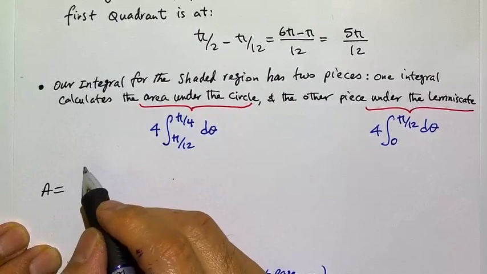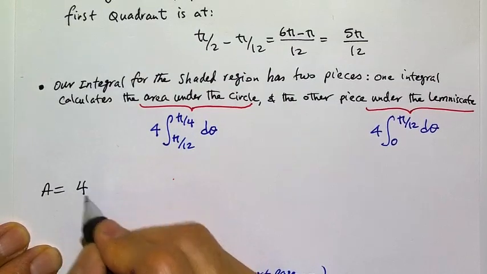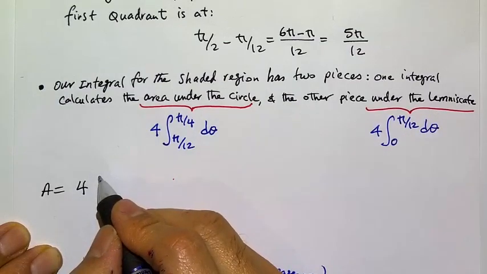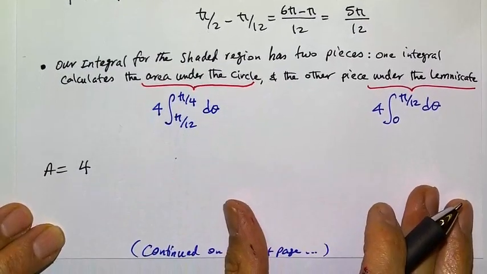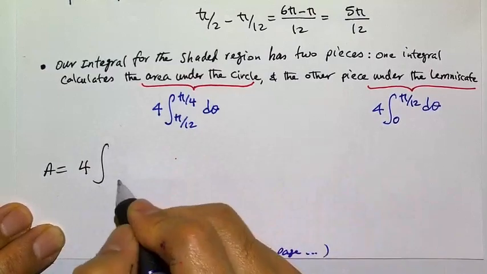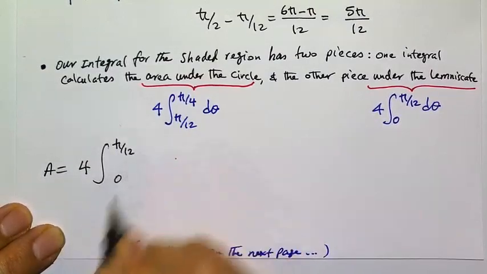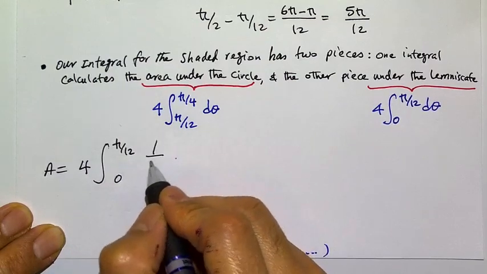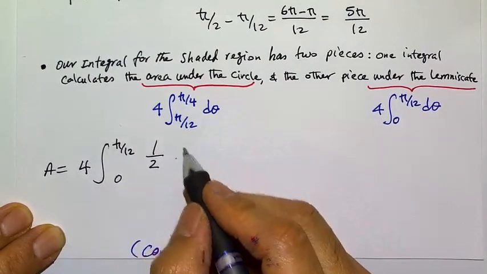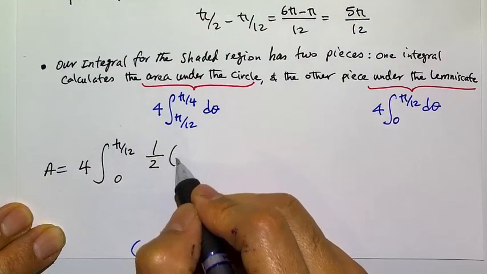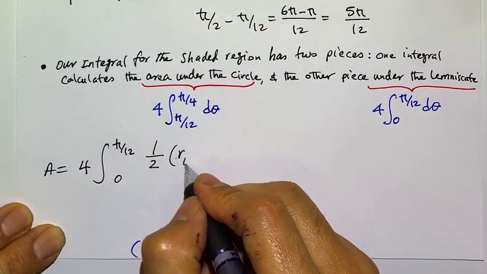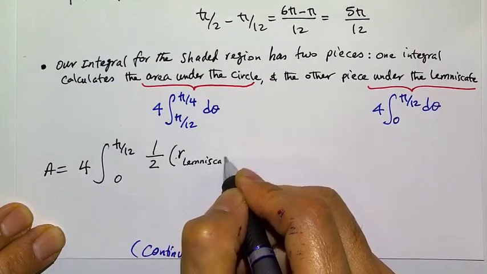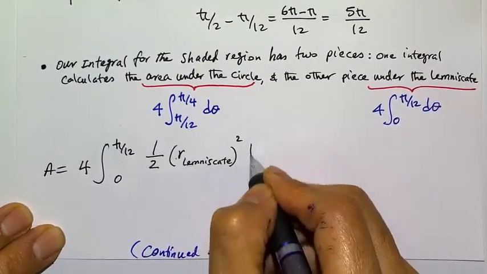So area is equal to 4 times, I'm going to start with the lemniscate, integral from 0 to pi over 12, 1/2 the radius of the lemniscate squared d theta,